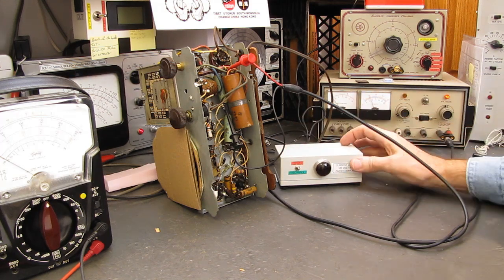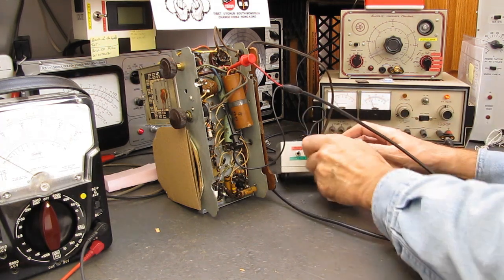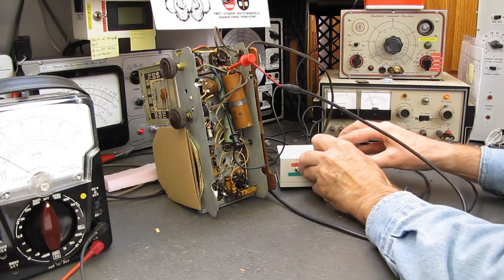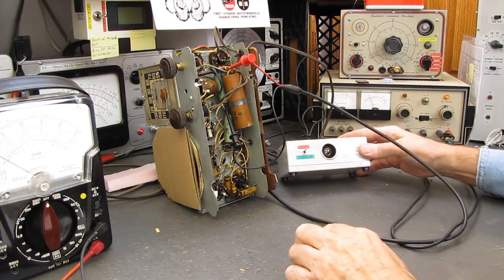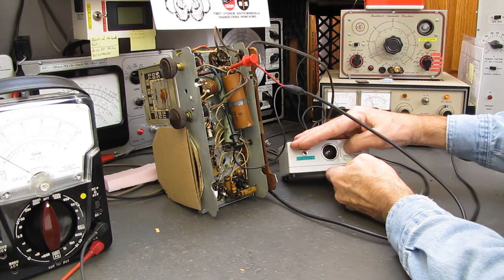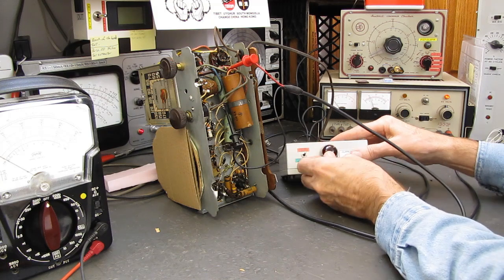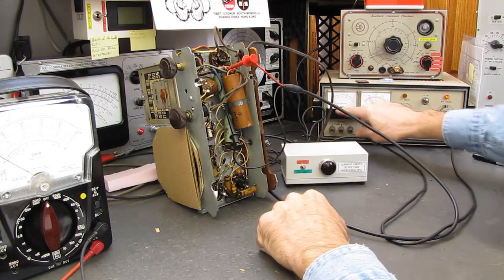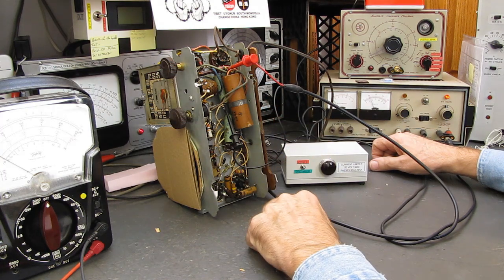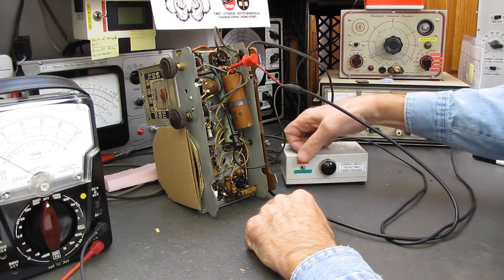And right away I can see we've got a problem. One, it's drawing current continuously, about 15 milliamperes, and you probably can't see it, but the lamp is glowing slightly. But it's drawing current, so that tells me we have a problem, and that filter capacitor is probably leaking. So I am going to discharge it,